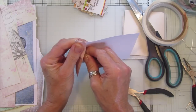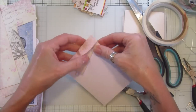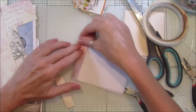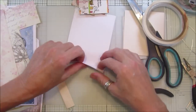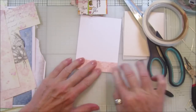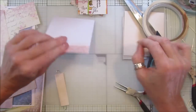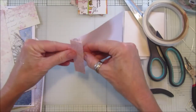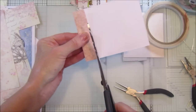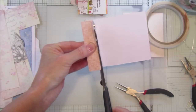Don't need to do any measuring, not really. So that's the width that we want. So we'll just pop that on there. Oops, that wasn't very straight, was it? Pop that down like that. So that sits inside. What I'm going to do, I'm just going to cut that off